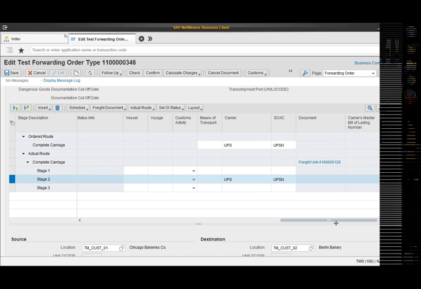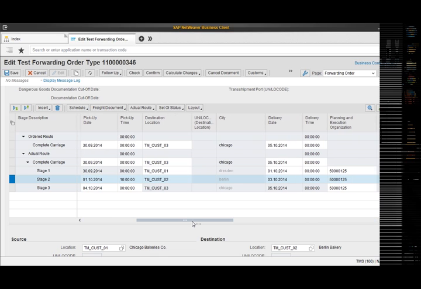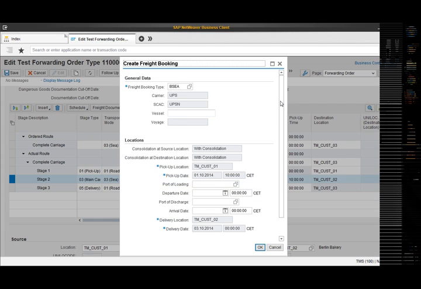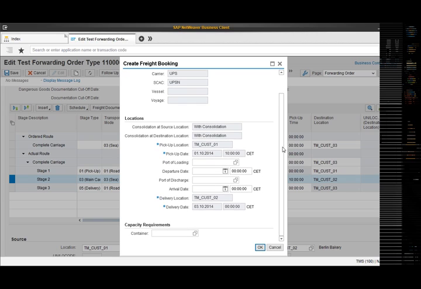Here we can see that there's a freight unit ending with 129, which has been created for this particular forwarding order. The next step is we'll select the main carriage and then just click on freight document and click on create. So here in the pop-up, it shows all the relevant details like the freight booking type, which is BC, the carrier, which is UPS, the consolidation to be done at source and the destination location, and the pickup and the delivery date and the location. We'll just click on OK